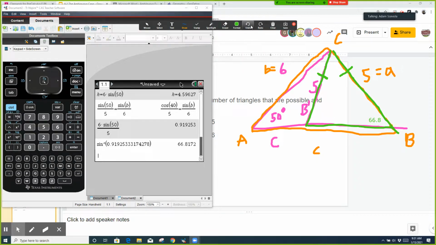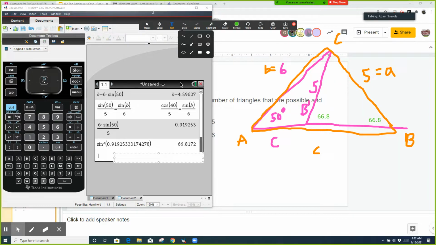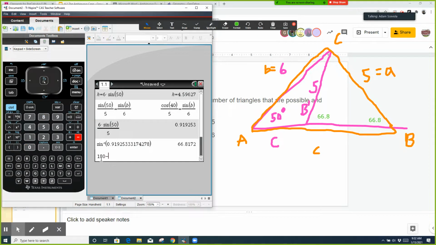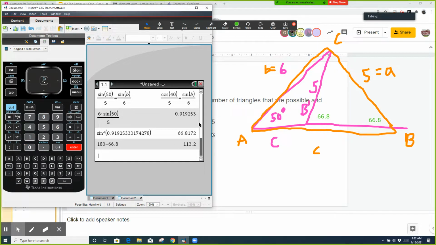All right, so because that's an isosceles triangle, when you swing that leg around, that's 5 units long, that allows you not only to figure out angle B, but also the angle adjacent to angle B prime. So if this angle is 66.8, then we could do 180 minus 66.8, and we get 113, which means that the angle in the other triangle here